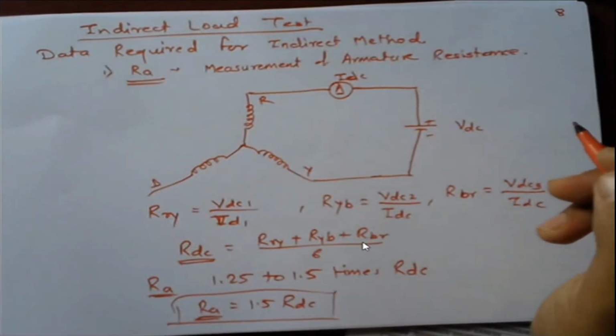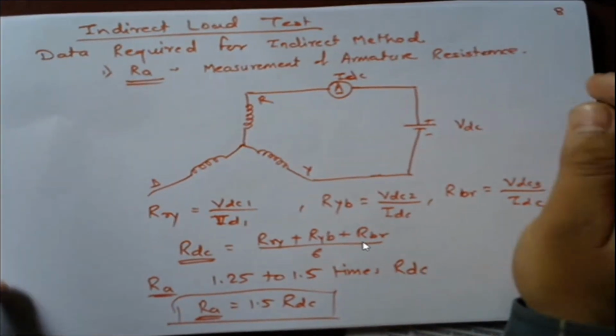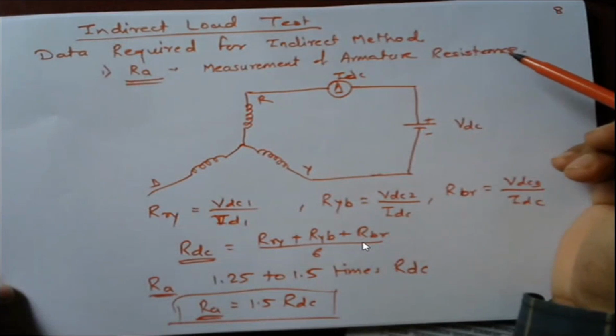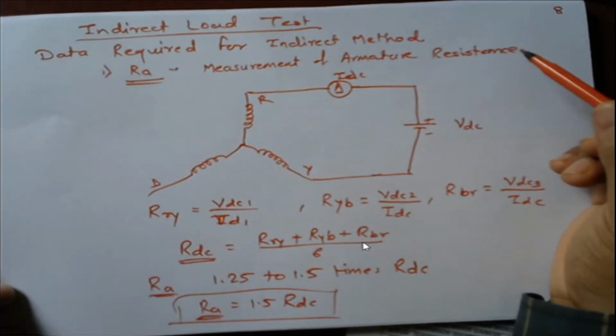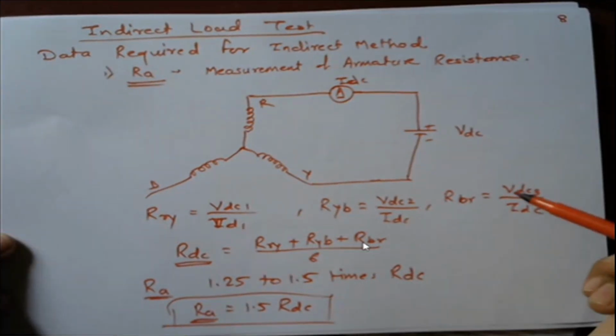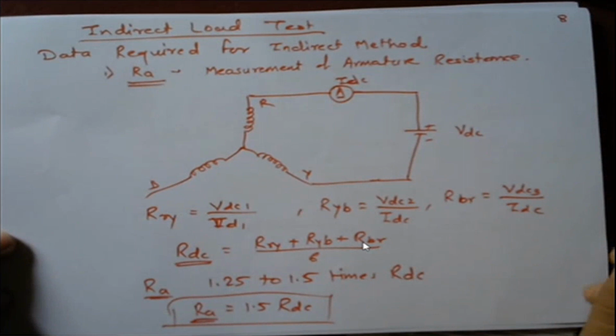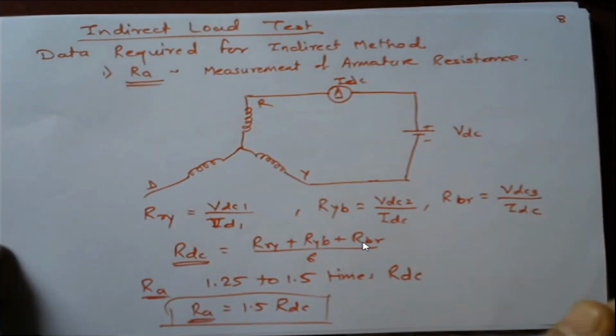Then we come towards the indirect loading test. In the indirect loading test, there are different methods to calculate the voltage regulation. The first one is the synchronous impedance method. The second one is, can anyone please tell me? Okay, so we started with the first method, but before that, for all three methods, we require some primary